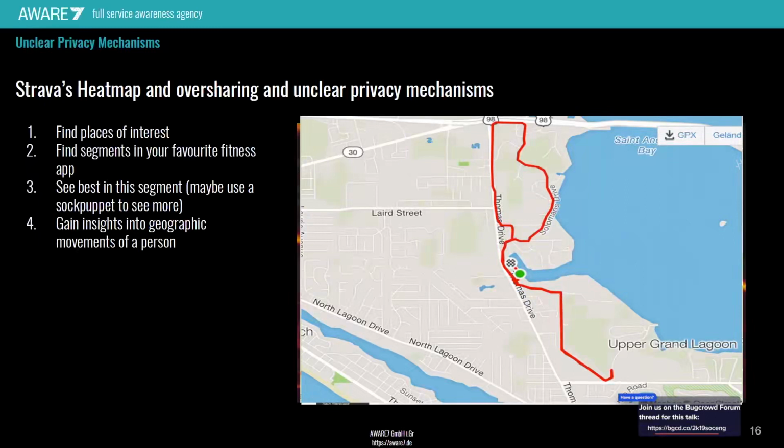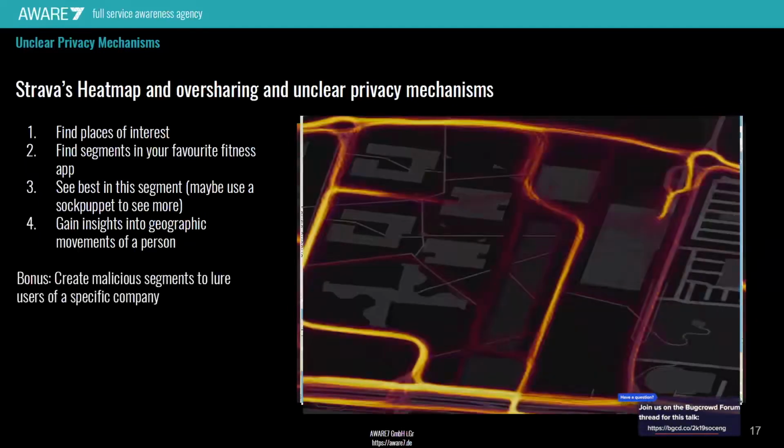So that's how to find some people. Now the question is, how do you find people that work in the company that you're auditing? You can create malicious segments. So basically, the segments we used before were regular segments where we tried to just de-anonymize people. But if you have an audit, you can create malicious segments to lure users of a specific company into your segment, and then you have